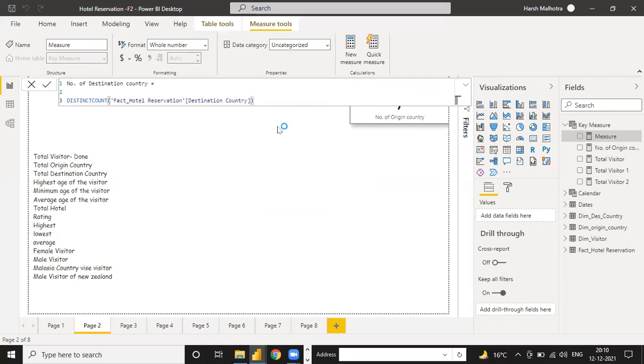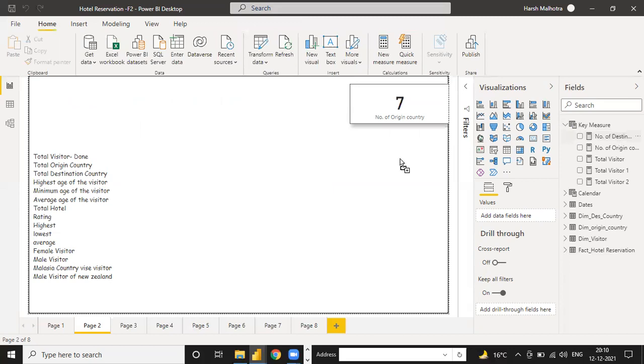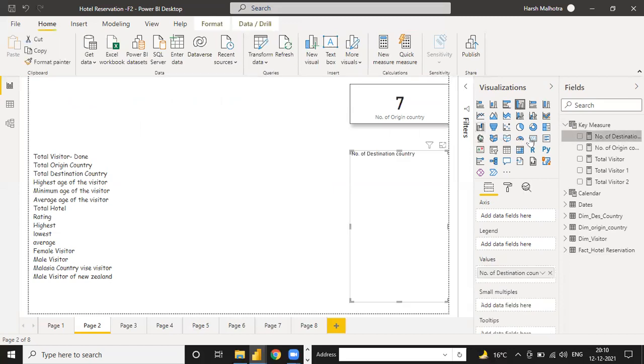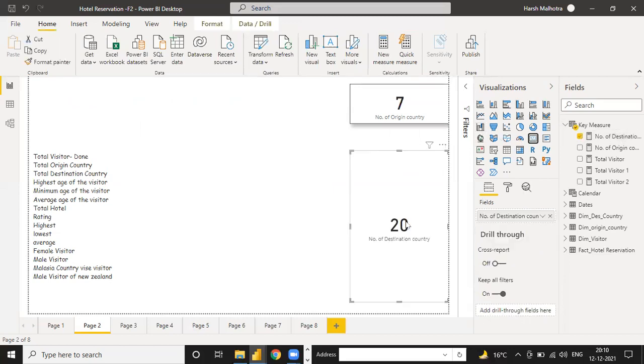This gives you the unique number of destination countries in our data. Click on this card chart. So the total number of destination countries in our data is 20.